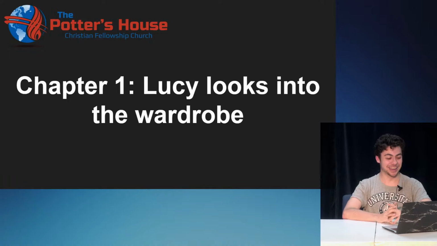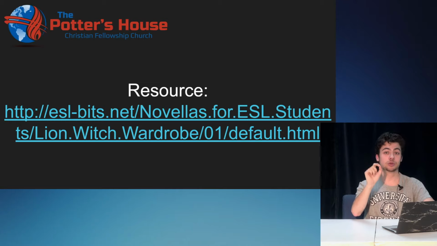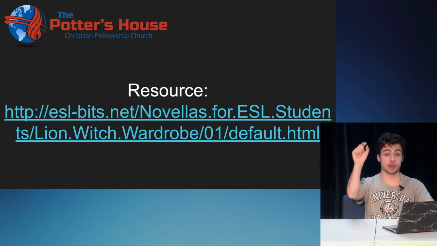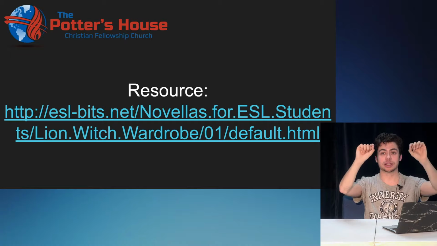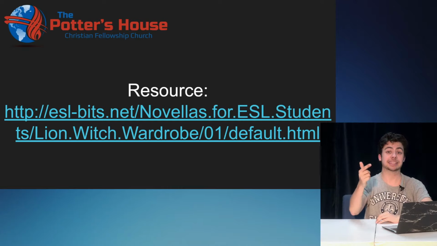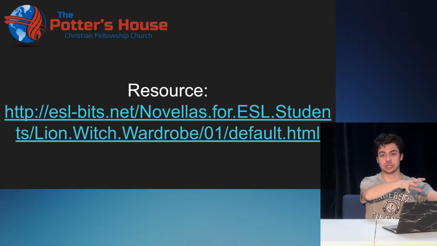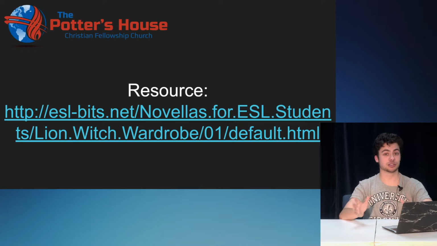So let's go ahead and jump right into this book. Feel free to read on the screen with us. Again, you could also go to that resource. Quick note about that resource is that what's really cool about it is that it has 2 audio bars. So you can click and then a pre-recorded voice will read it to you. In addition, the second bar for audio is slow. So you can do slow English or normal English, speed-wise. That is also very helpful if you want to read it again. So I do encourage you to go to that resource, read it on your own, and hopefully you enjoy the story. So let's go ahead and start.